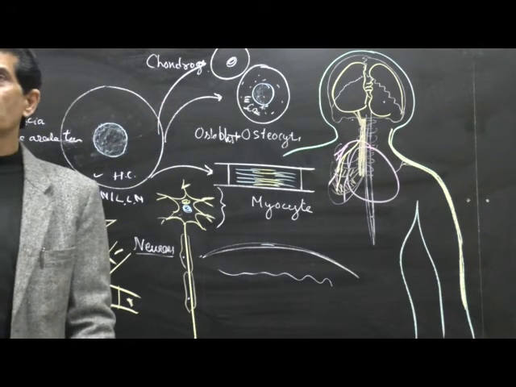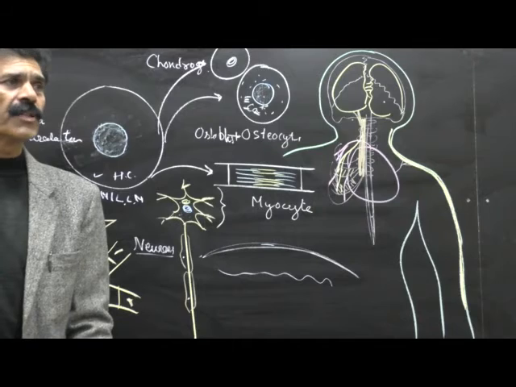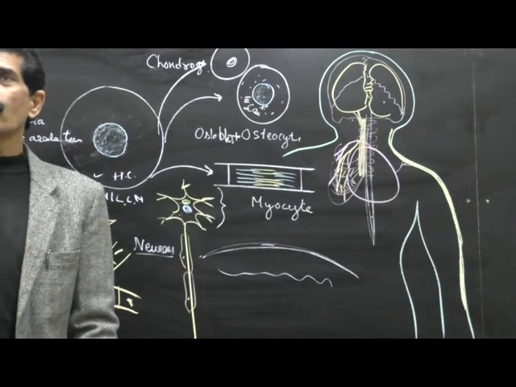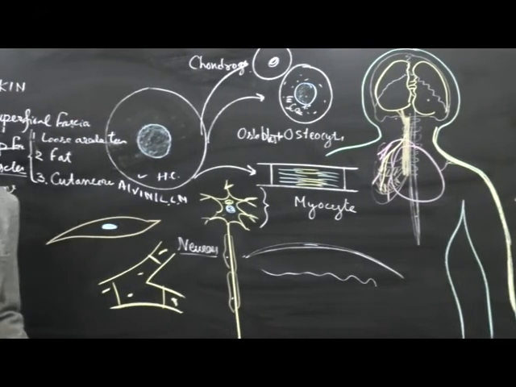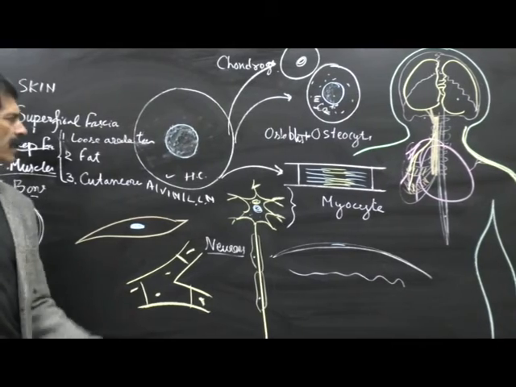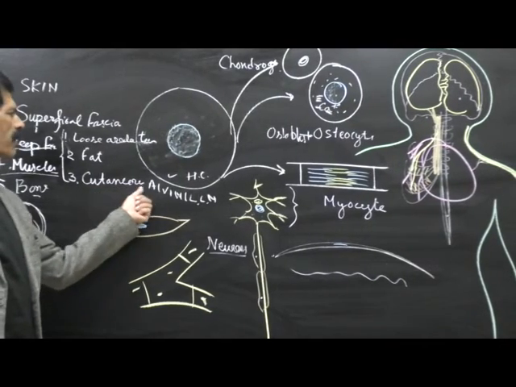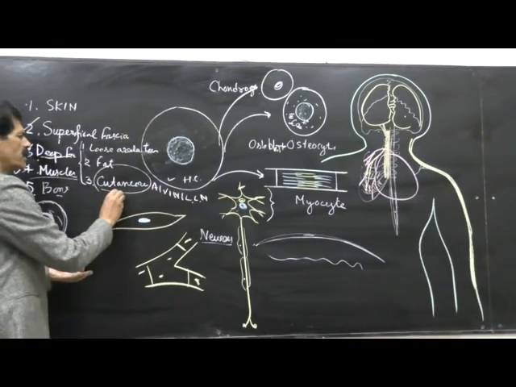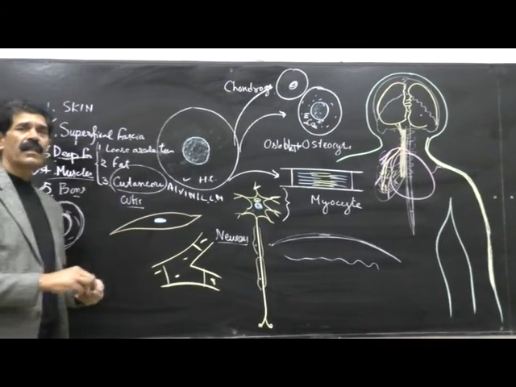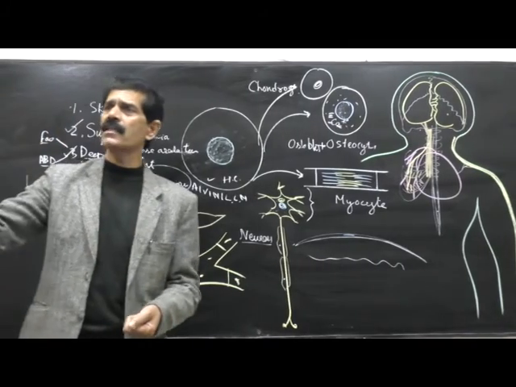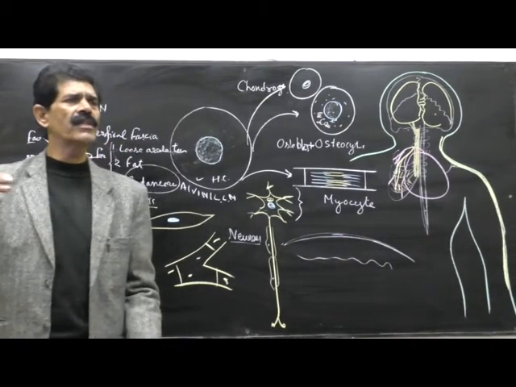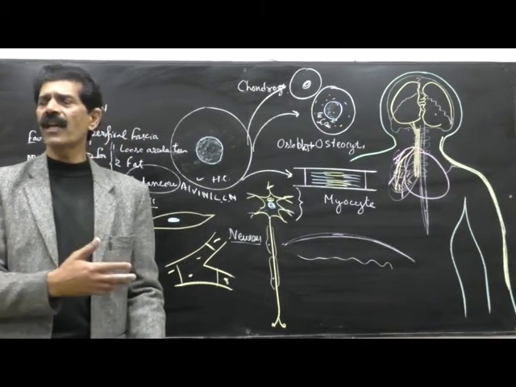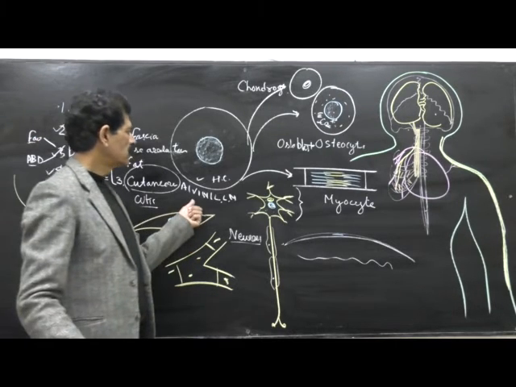They have to go to the superficial fascia. Because of the thinness, thread-like, thinner than your hair, that is called, what is the word you are using? Cutaneous. Cutaneous means cutis. Cutis means skin. They are pertaining to the skin because they lie just below the skin in the superficial fascia. They are supplying the fat which we have put. And